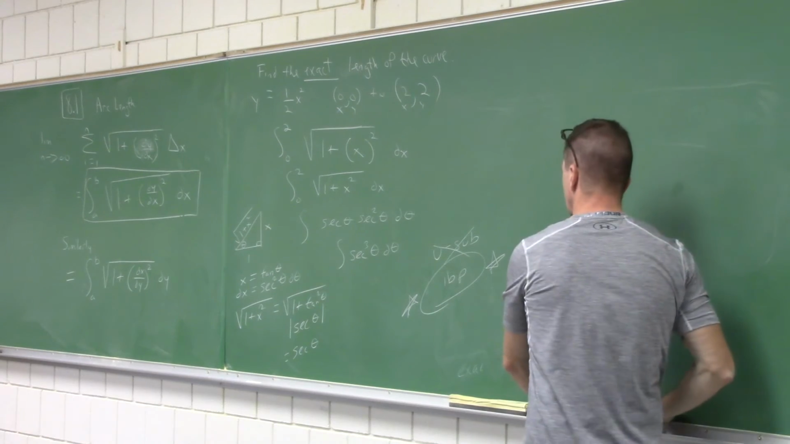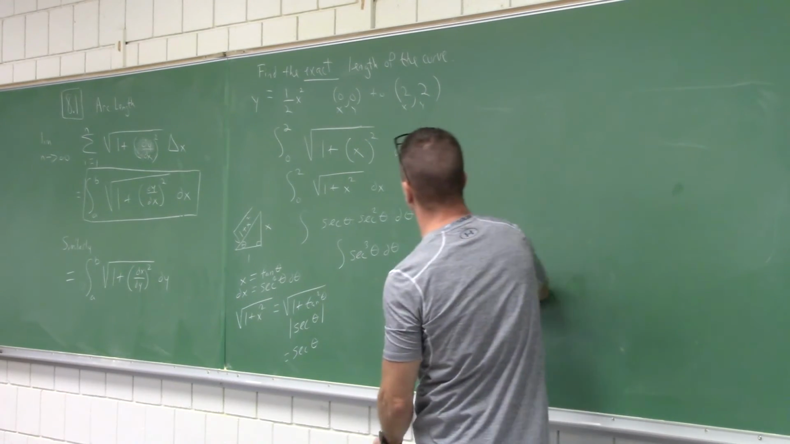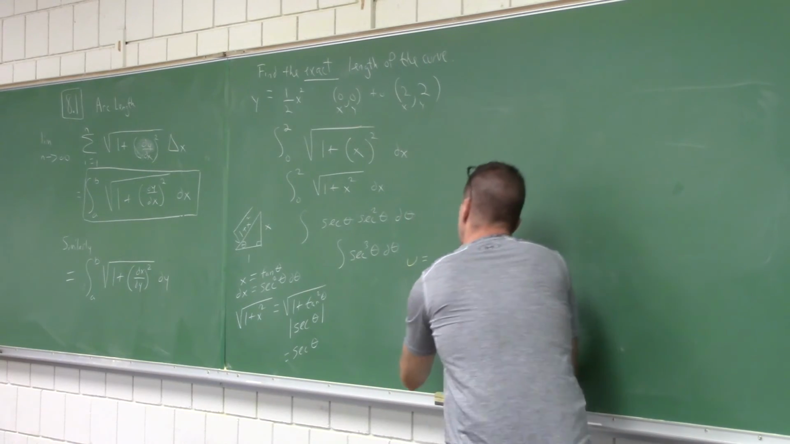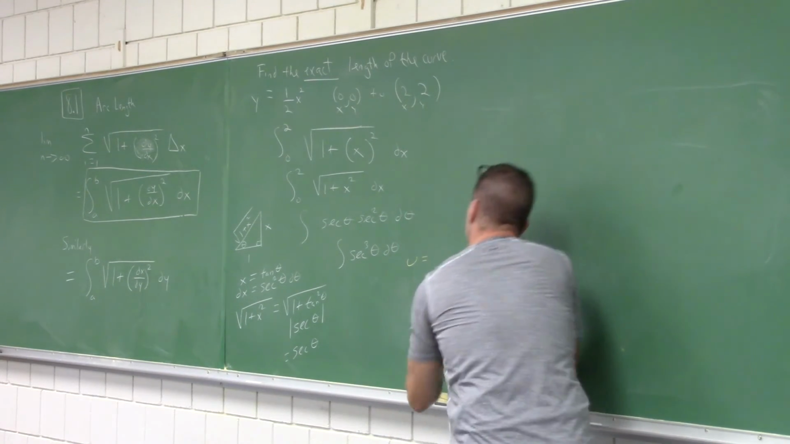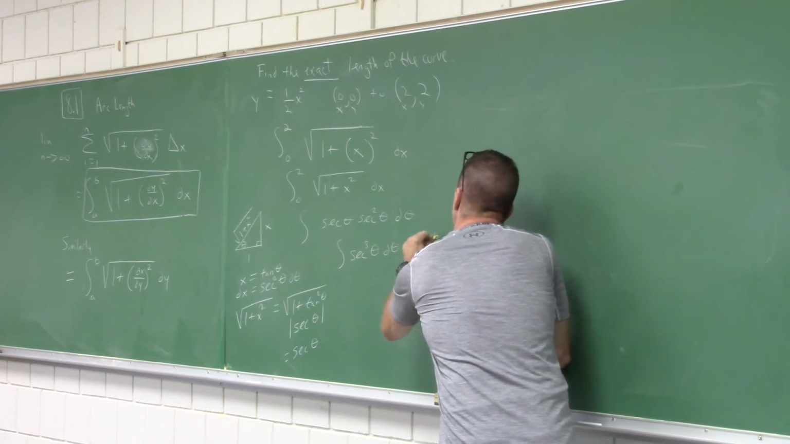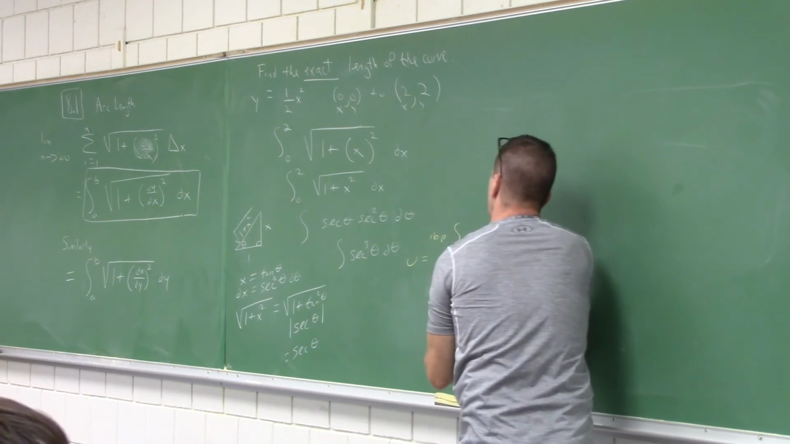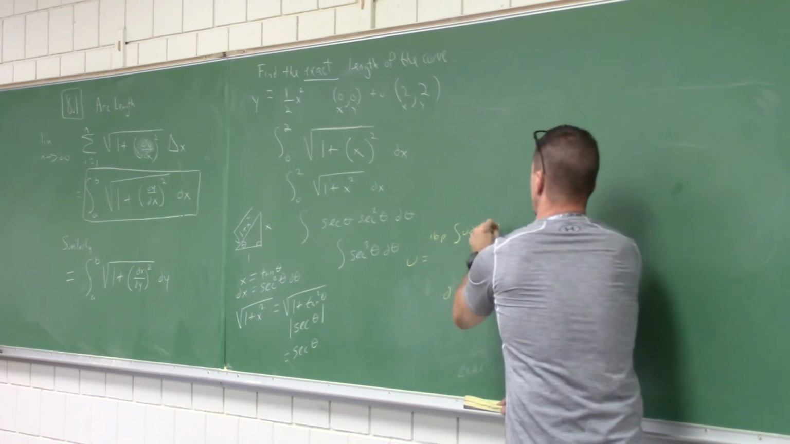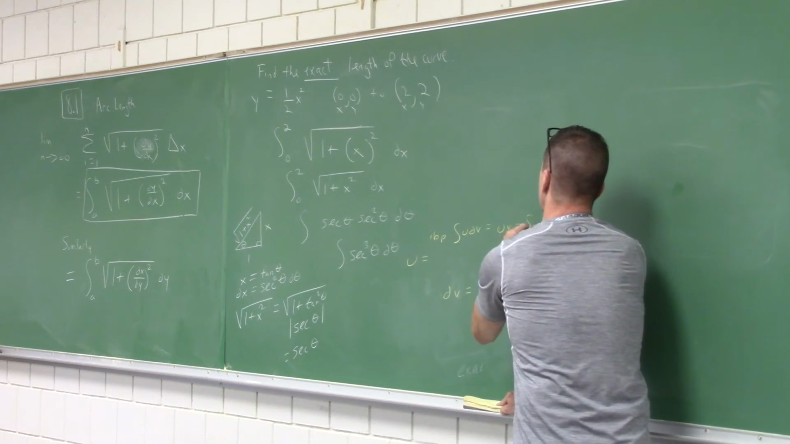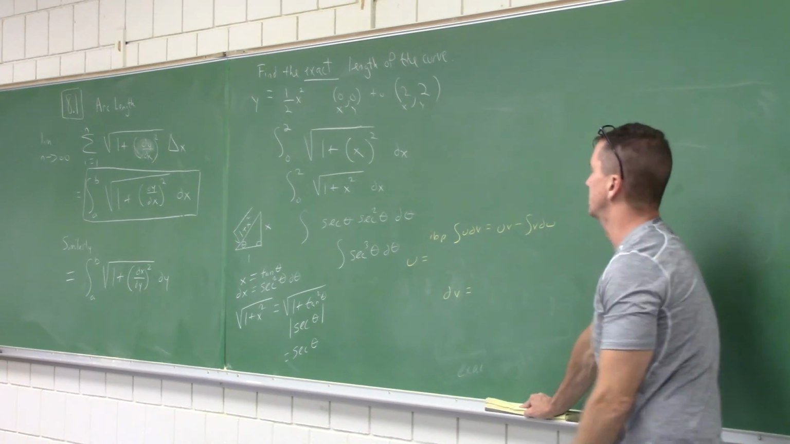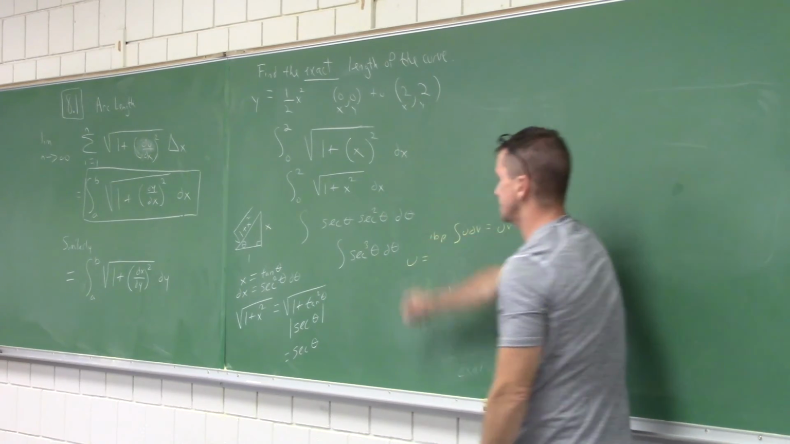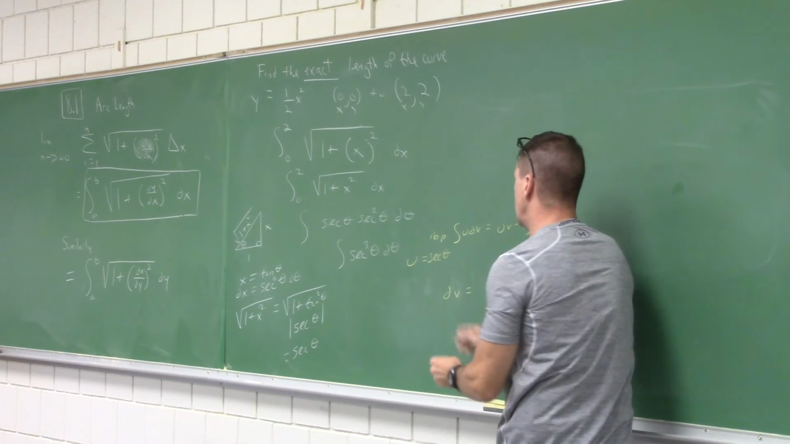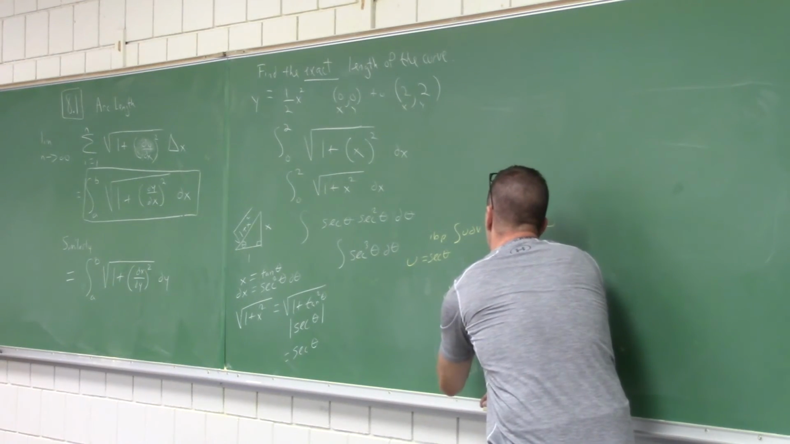I'll just change colors. We're going to try integration by parts here. Let u equal something, and let dv equal something, where the integral of u dv equals uv minus the integral of v du. So let's let u equal secant theta, because I'm thinking if we let dv equal secant squared,